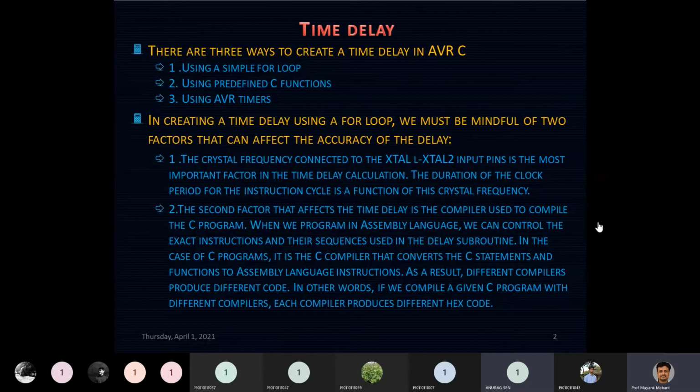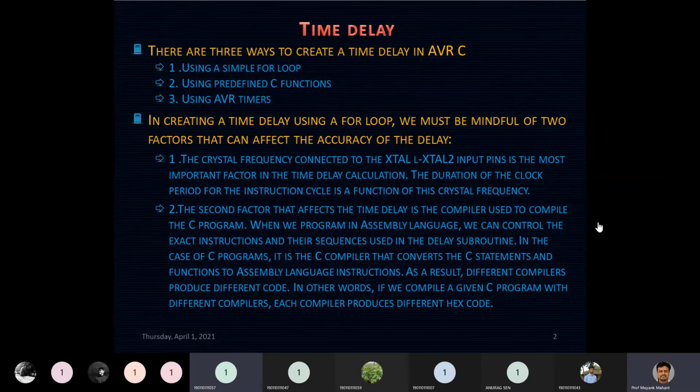Okay, anyone else? 57 number. Hello, 57 number. Yes, sir. Okay, what do you mean by a compiler? Sir, in compiler we can write a code and run the code.